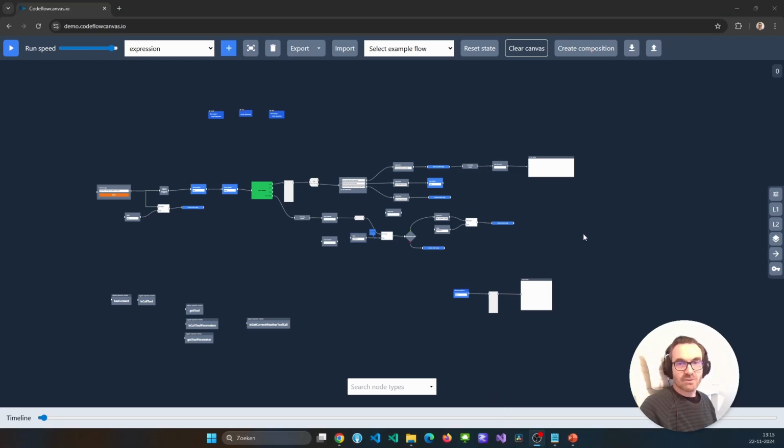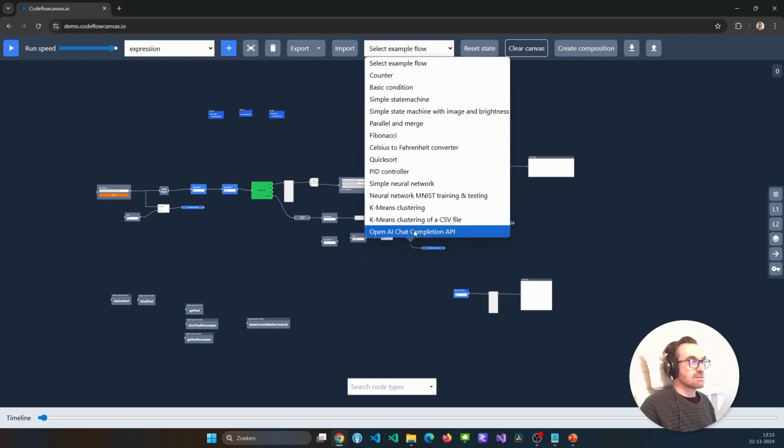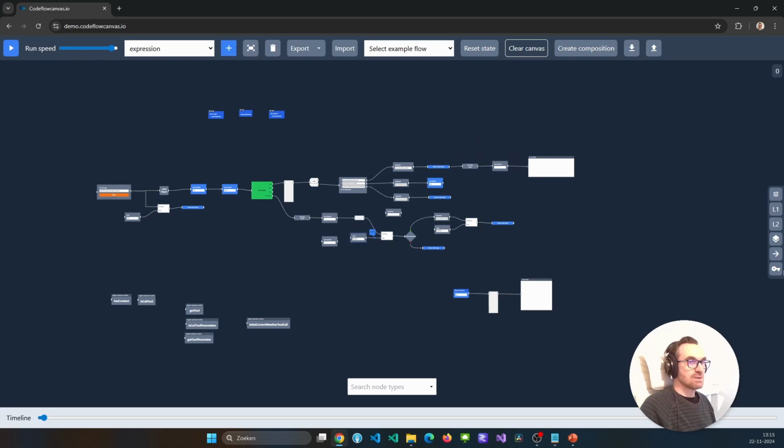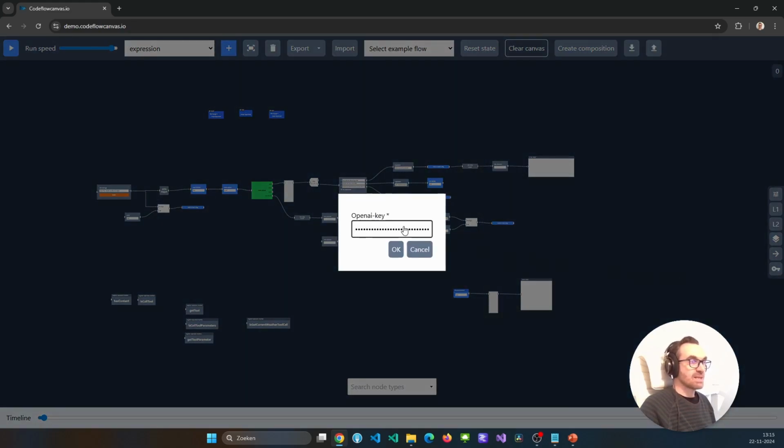If you want to try out this flow yourself, it's in the examples drop-down. And of course, you need an OpenAI key, which you can enter in this dialog input. This is not sent to any servers, it's only sent to the OpenAI APIs, so it's not stored anywhere, just locally in memory